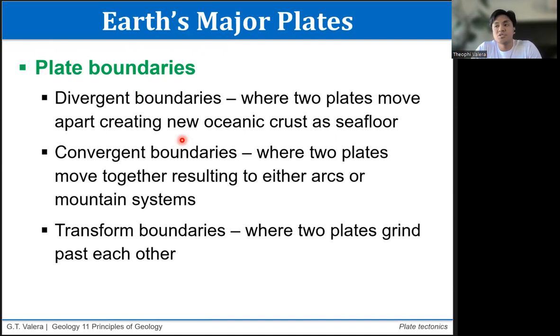This results in, since you have two types of crust, oceanic and continental, when an oceanic crust is involved, arcs. So in an oceanic-oceanic or oceanic-continental collision, this results in the formation of chains of volcanoes, which we refer to as arcs. Okay? Paano naman pag continental? Continental, you form what we call orogenic zones.